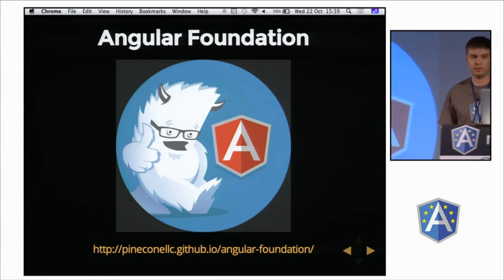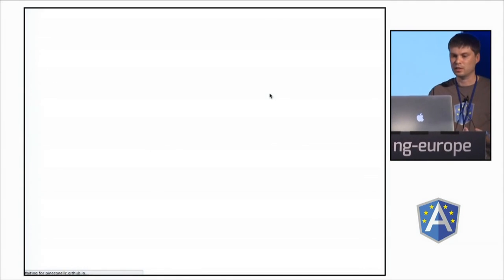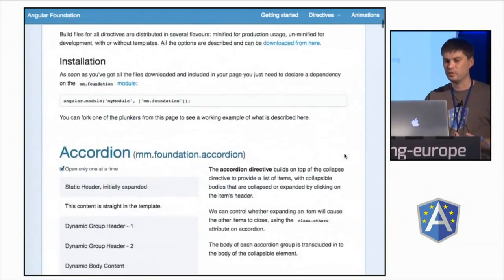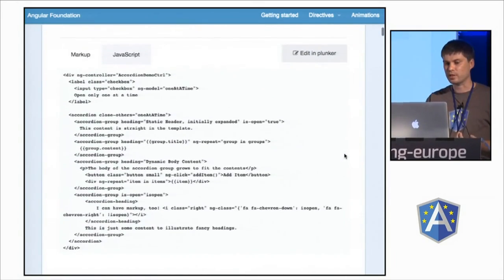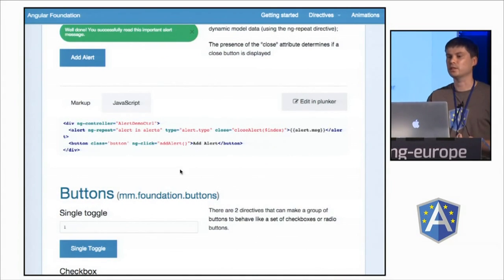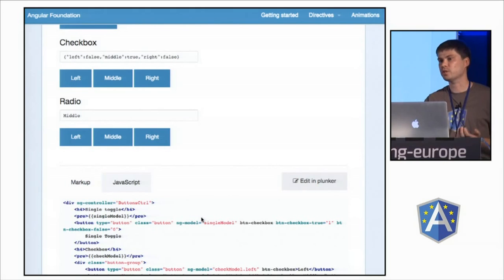And if you look at their project, if it opens up, yeah, fortunately it does, you can see that it's almost like Angular ui-bootstrap. I mean, you've got the same API in terms of directives and the attributes, but it looks like Foundation. So this is, as I said,